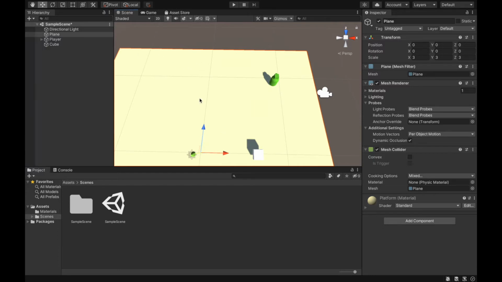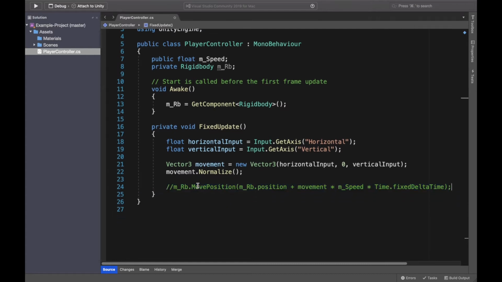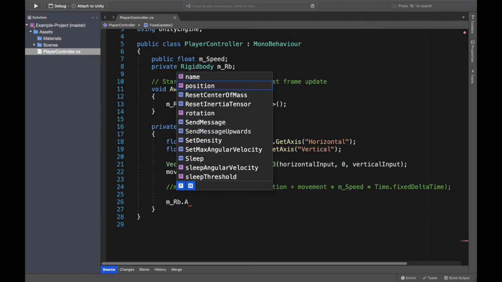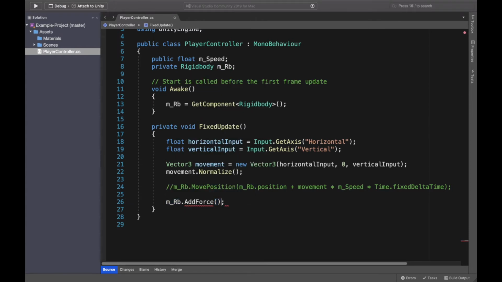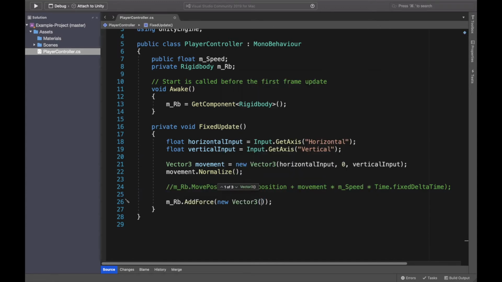All right, so now we need to open our script. You can find the script in the assets folder, PlayerController. I will open it. Here's the script. I will comment out MovePosition for a second, and I will apply force here. So m_rb, which is a Rigidbody, and AddForce. You need to add here the vector on which you are applying the force. Let's say 9f, 0, or it will be minus 9f, and here as well minus 9.0f. I'm applying minus 9 here